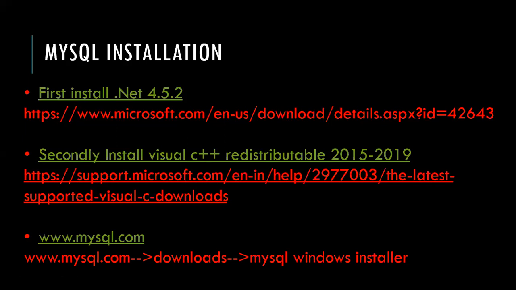Okay, if you are already working with those servers, if you have those servers in your system, then you can add the MySQL component. That's all. That is fine, right? But my concentration is on the people who don't know those servers, from the very basic level, right? That's the reason I'm repeating all these installation steps also. So you can install that Visual C++ redistributable 2015-19 package, right? Once it is installed, then you can download MySQL. Of course, for this I'll show you this link also, right?